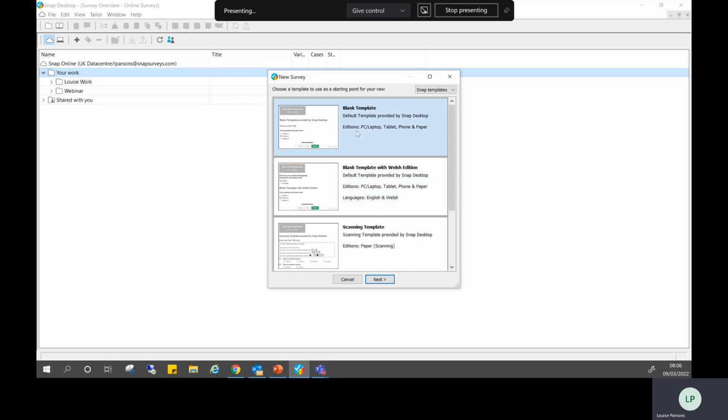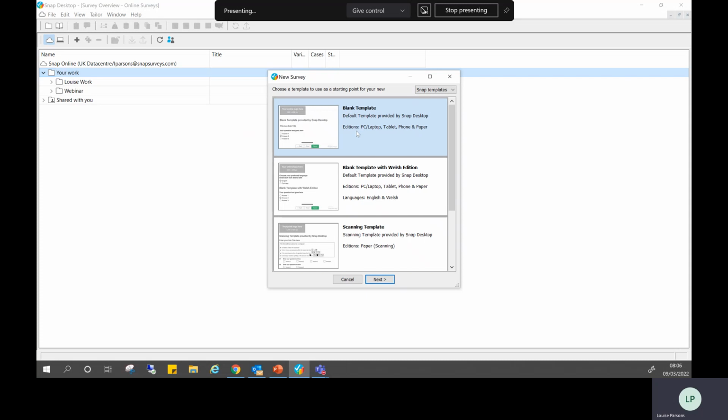So when you select one of these blank templates, it will automatically create the framework for your survey, which is automatically mobile optimized. And this means that whether someone is filling it in on a PC, a laptop, a tablet, phone, it will be correct for them. And so the participant can have the best possible experience with it.